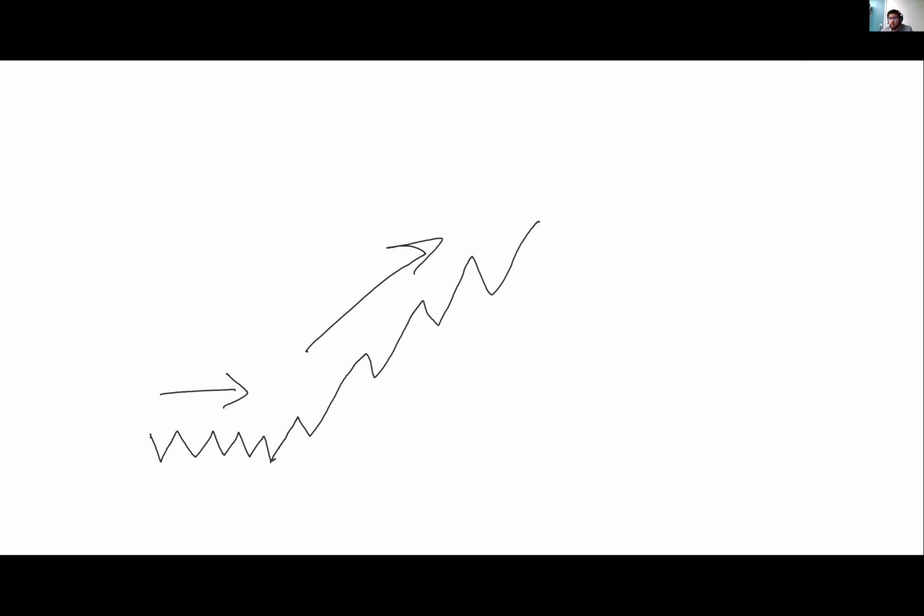Since we already know both of these, we have to realize that the expansion phase is mostly characterized by order blocks, by liquidity runs, by a lot of different